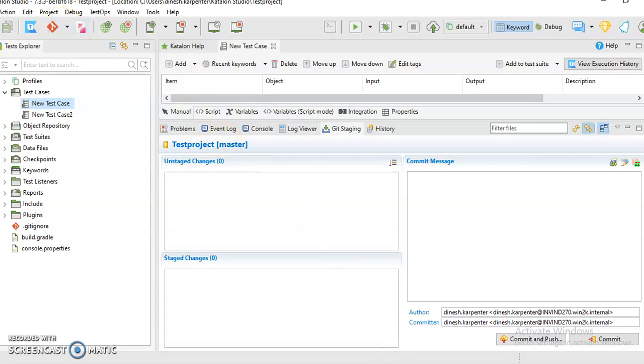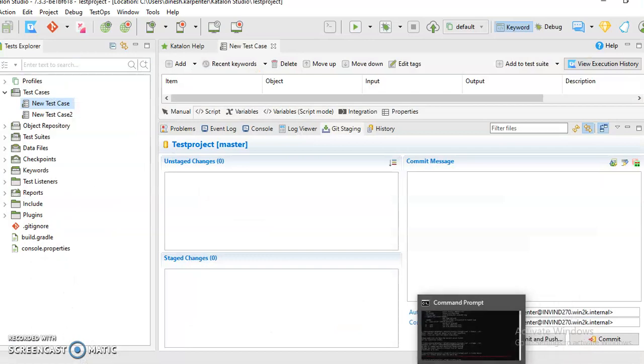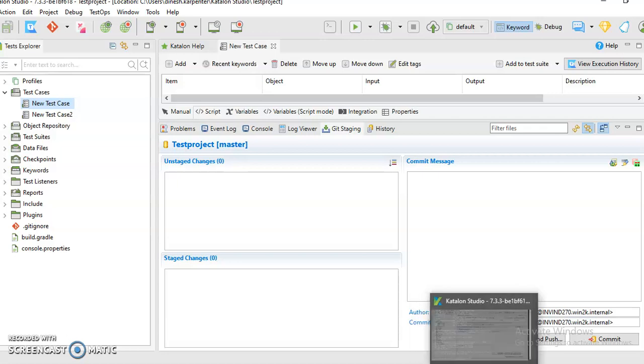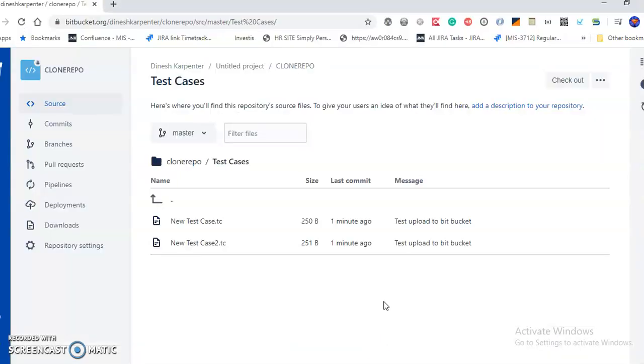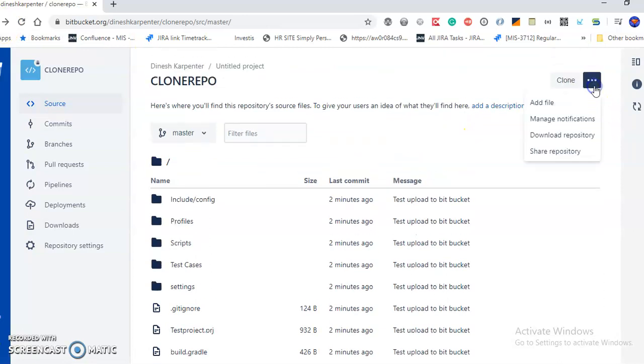Now every other member of the project can clone your project directly from this repository. They can clone using this share option, this one.